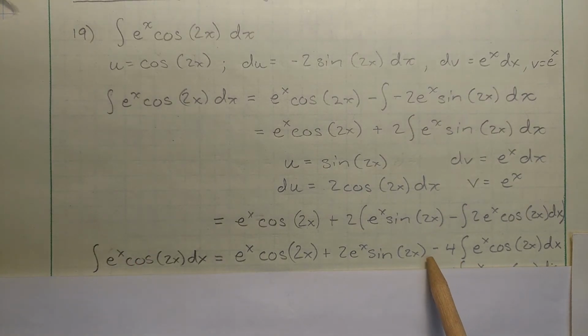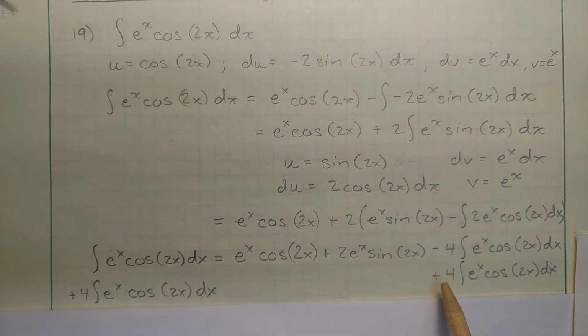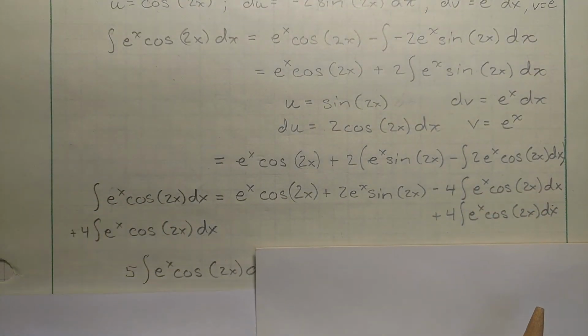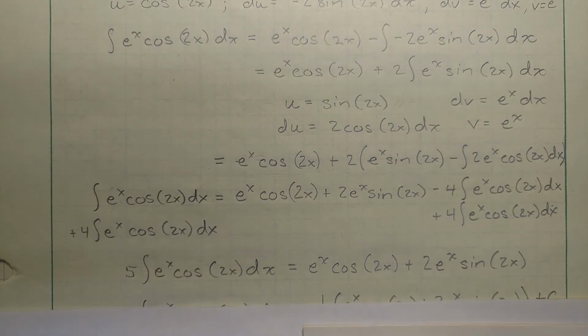So I have this equal to this whole thing here. So I'm just going to add, since I have minus 4 of these integrals, I'm going to add 4 of these to both sides. Notice this is what I have on this side. So now what I get is on the left side, I get 5 of these integrals are equal to this expression here with no integrals. And now all I have to do to get this integral by itself, divide by 5 or multiply by 1/5,